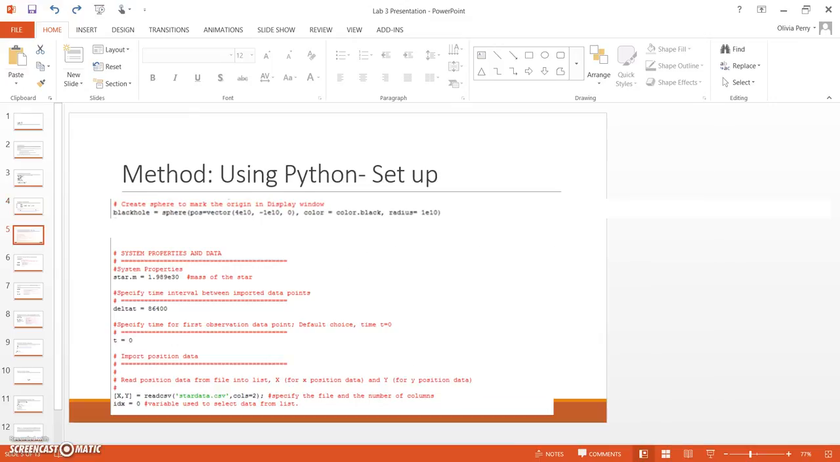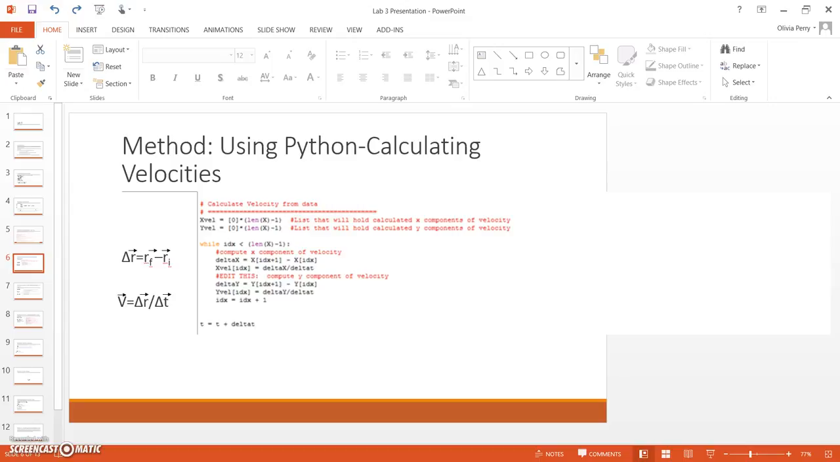In Python, the initial conditions must be updated. The position of the black hole is set to the given location. The mass of the star is also given, as is delta t, and the program is set to read in the position data points from a CSV file. The first loop in the code is calculating the velocities. The code properly shows calculating the change in the x and y positions, as well as the x and y